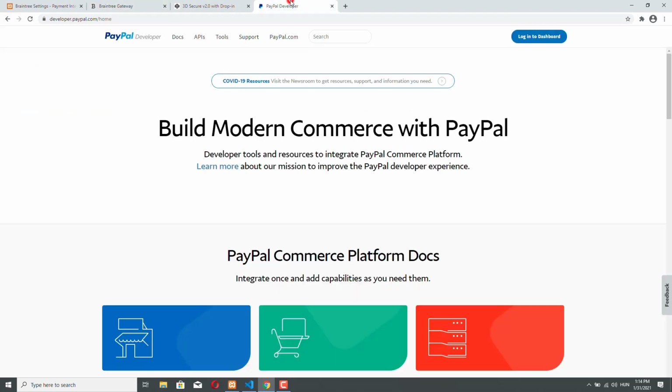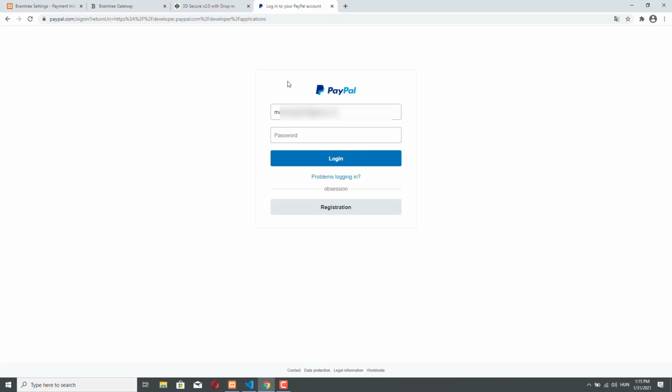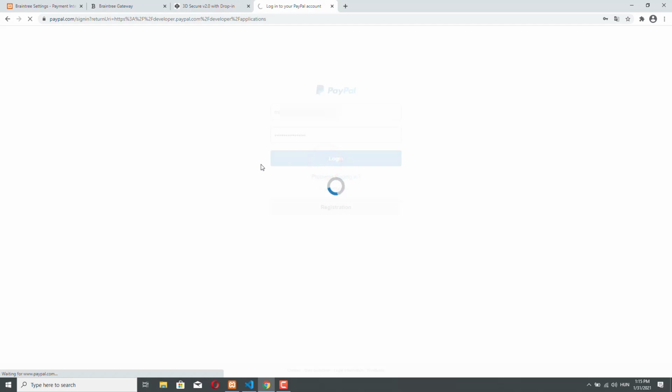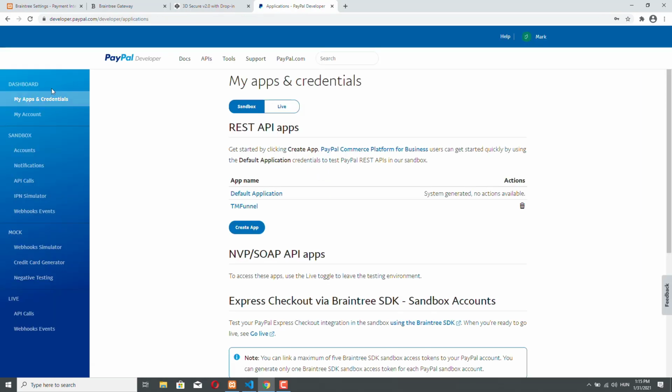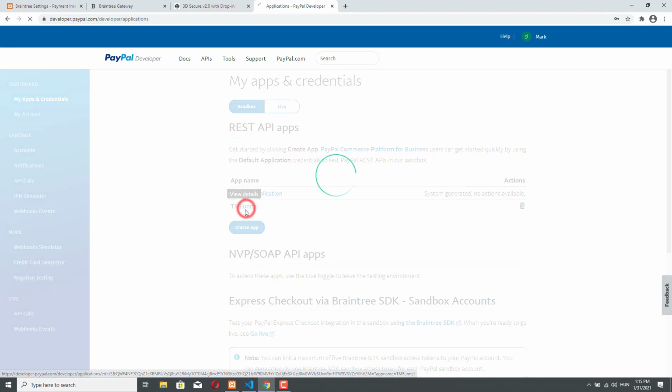We have to navigate to developer.paypal.com, and then you should click on Login to Dashboard. Now, of course, if you don't have a PayPal Sandbox account, then you should register here. However, I do have one, so I'm going to log in now. I'm logging in. Now you see that I'm on my dashboard and I'm at the My Apps and Credentials menu item. And I have these REST APIs, so I have a default application. You should have this one as well after you register. However, I'm using the TM funnel application, and you can just click on your application,